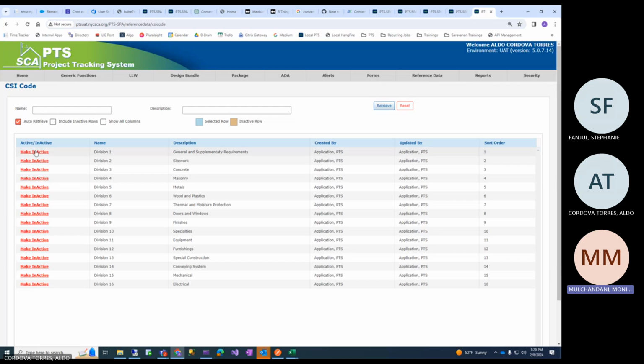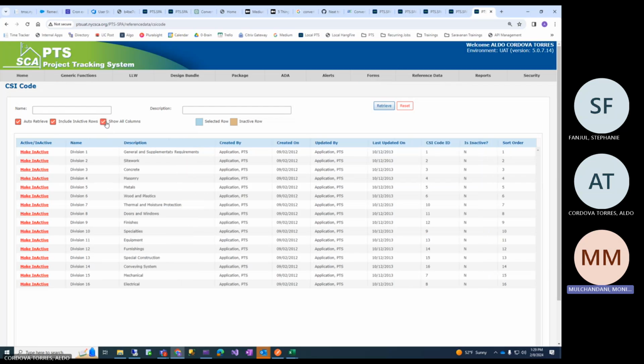Now anybody will ask what CSI stands for. I don't remember. But basically it's an attribute for an LLW and this is the master list for it. And this is just simple two values, attribute, and then it's audit information basically.